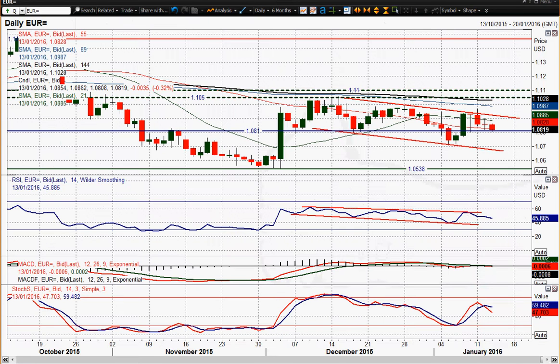Moving on to Eurodollar now, and this sort of unwinding of the safe haven plays that we've seen in the market is showing up through the euro. Really, the continuation of this downtrend channel that I've been talking about over the past few weeks has gone on, and we're getting this squeeze between the falling trend line and the bottom